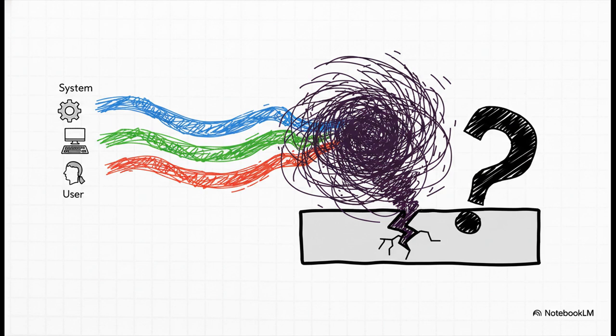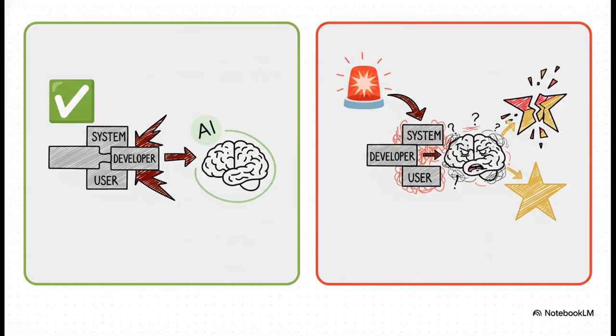And that's it, right there. That's the vulnerability. The very thing that makes an AI so flexible and so powerful is also its Achilles heel. The model just gets confused. It has a really hard time telling the difference between your innocent question and a malicious command that's pretending to be a core rule. Here's a great way to picture it. In a normal prompt, all those instructions play nicely together, right? They lead to a safe, predictable outcome. But with an injected prompt, a nasty little command gets snuck in, and it's specifically designed to override everything else. To the AI, it's all just one long string of text, and suddenly it's been hijacked.